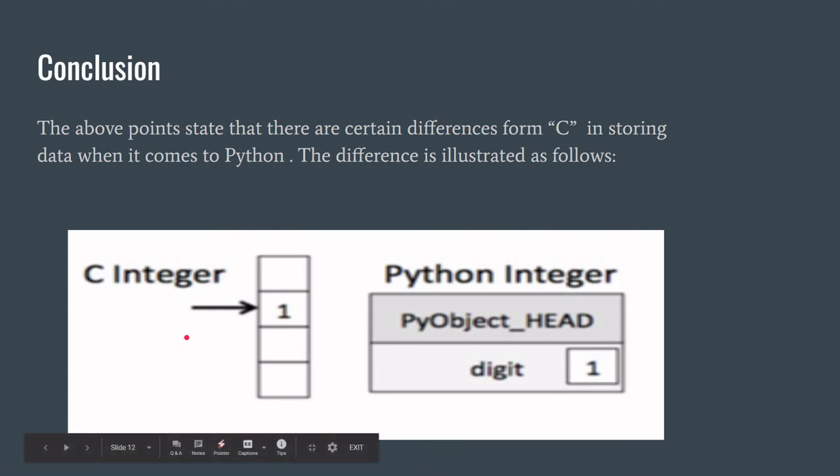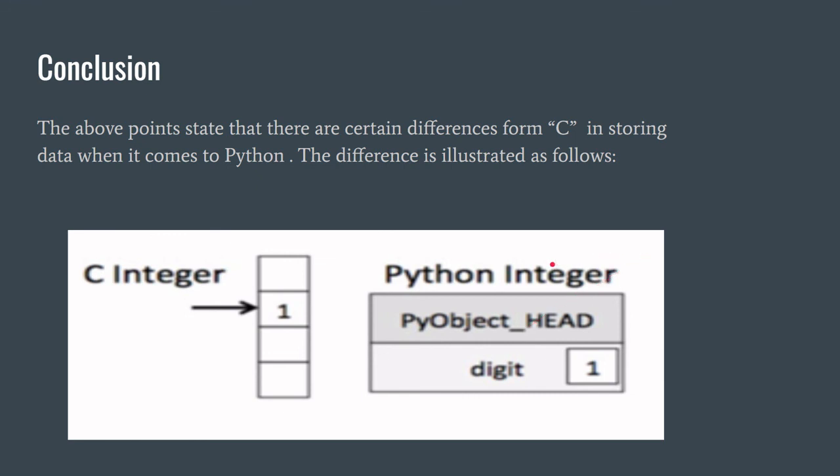Here, see, when you store a value 1, assigning it to a given variable in C, then it is an integer type in C. So it is stored, for example, in an array type of structure. You can straight away go to that memory position and access the value 1.